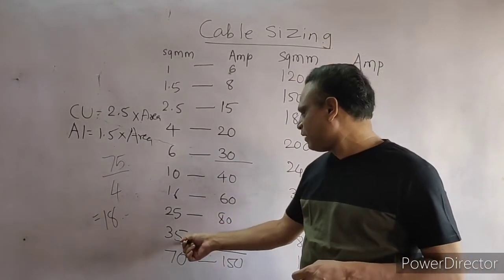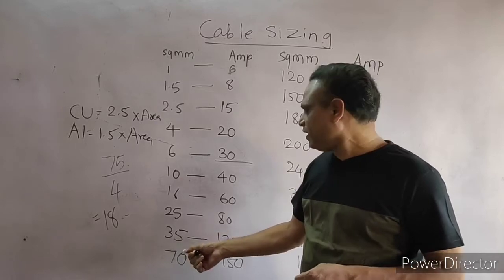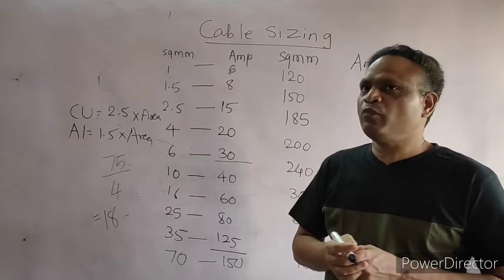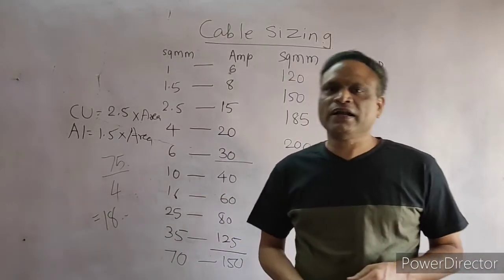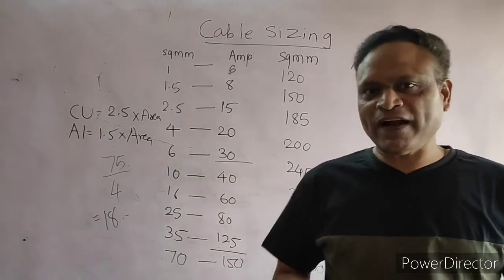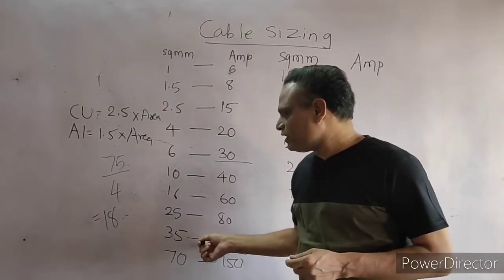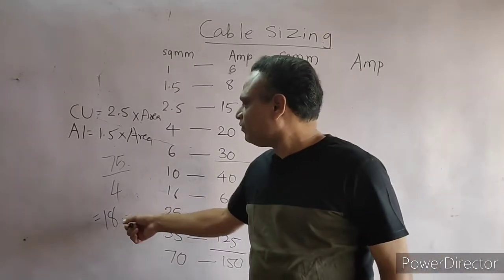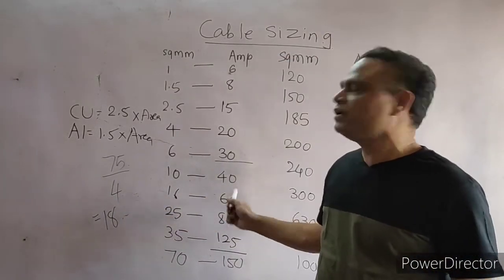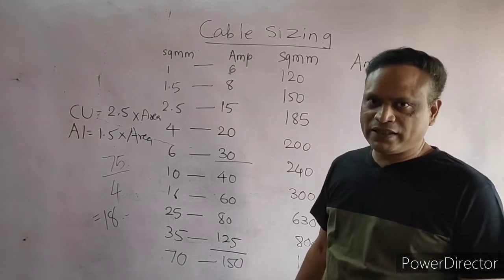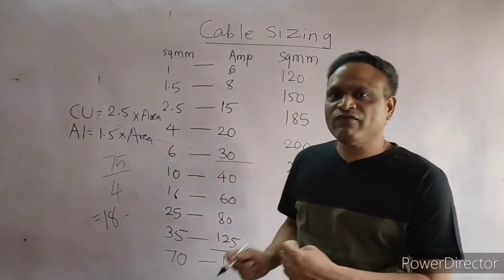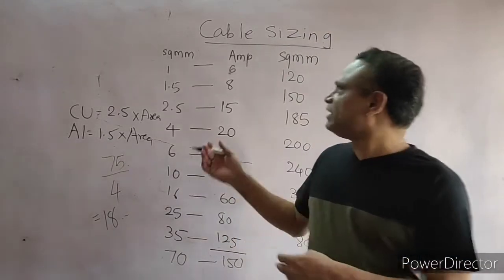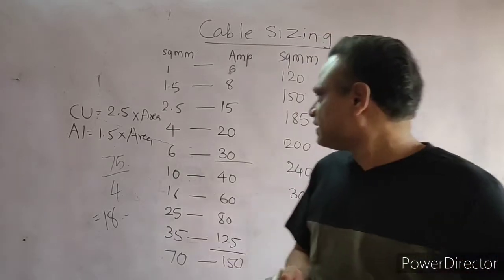I have to go further. That means I will have to look at the 35 square mm cable, where 125 into 0.8 is more than 90. So my current rating is satisfied, so I should go for this. But actually, by a rough calculation, if 19 square mm is not available, I can use 25 square mm cable. This was my answer. But the derating factor and further precise calculations will come in our next calculations, that is how cables are selected.